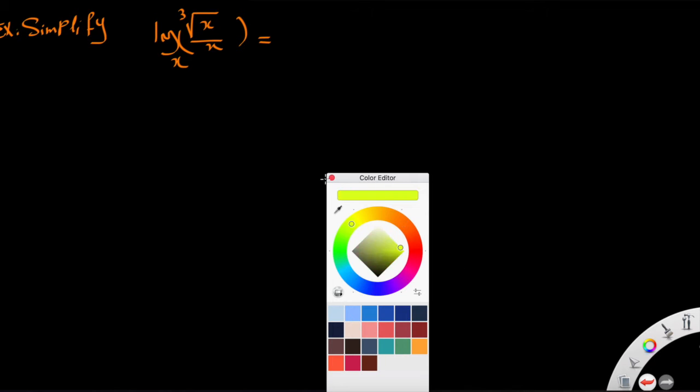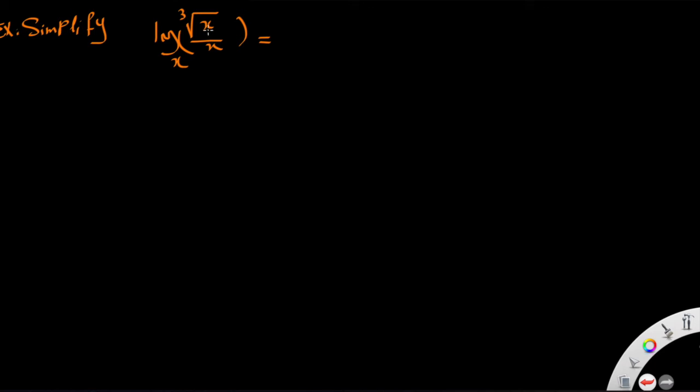Now another example, simplify log of the third root of x over x to the base x. The third root of x will be x to the power of 1 over 3, and it is x to the power of 1,